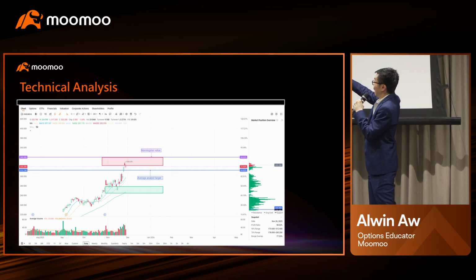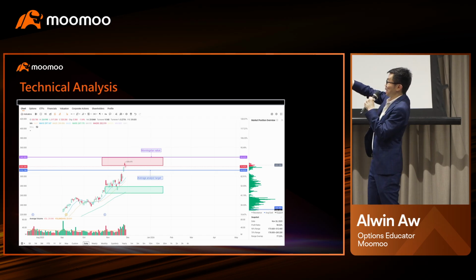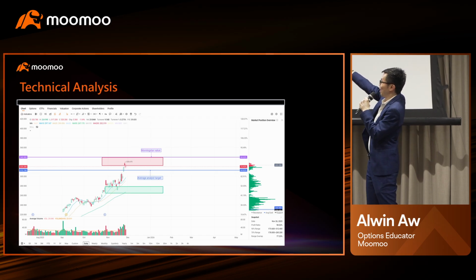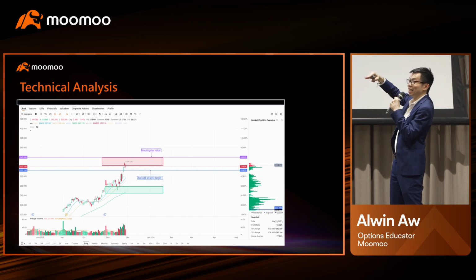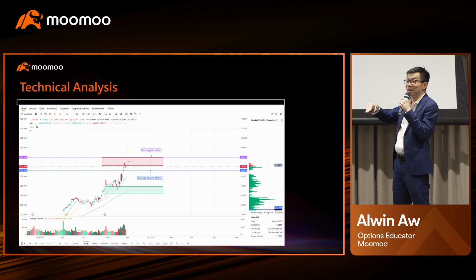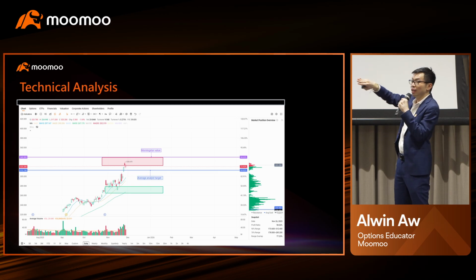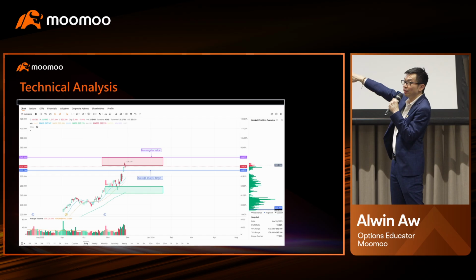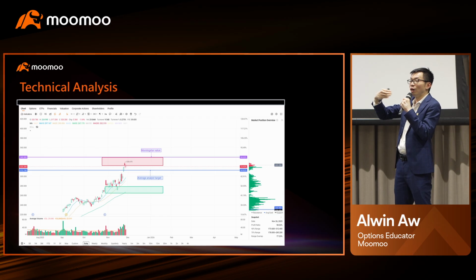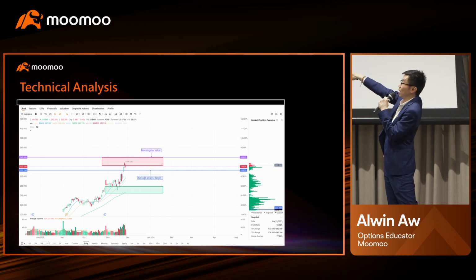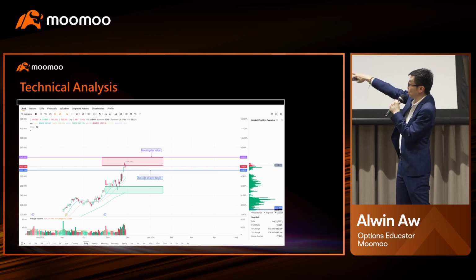Then of course, in our Moomoo app, and Moomoo desktop as well, I like to use the analyst target and Morningstar value, so I can plot that as well. When I plot that in, I can see the Morningstar value and the average analyst target. Currently the price is above the average analyst target and below the Morningstar value. My view is that it is potentially an extreme move away from the moving average. So I want to collect some premium because I expect the stock price will go up and rebound in the short term, back to the moving average.